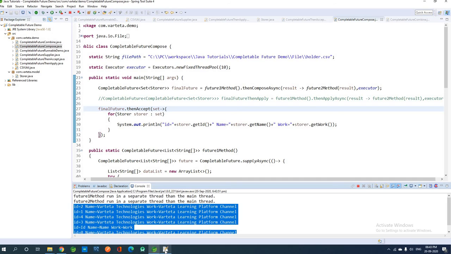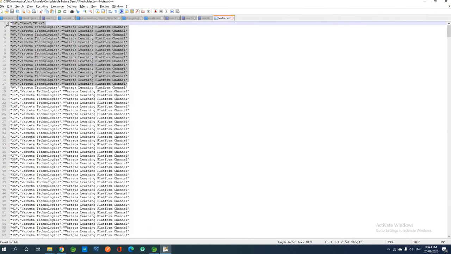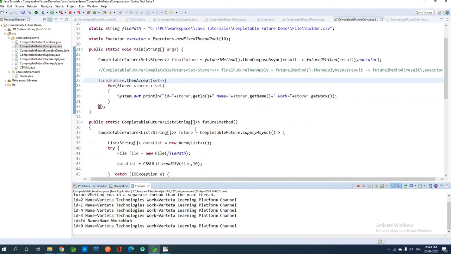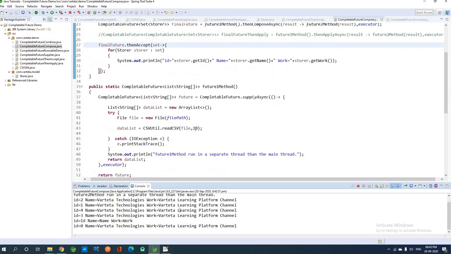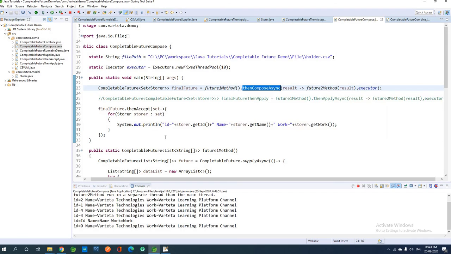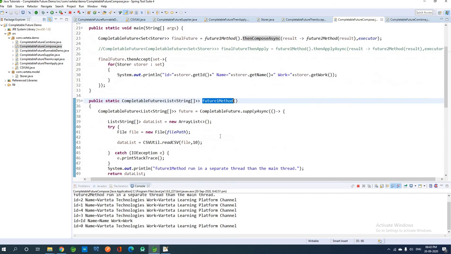You can have a look at the CSV file. Again, we have multiple duplicate entries in the first 10 records, so it removed them all and returned the result on the console. So this is how we can use compose for combining two future tasks.